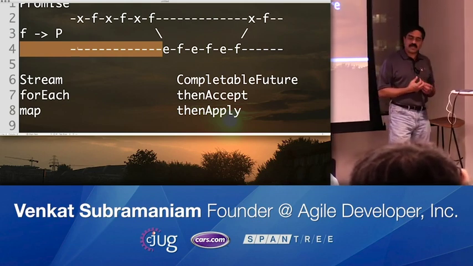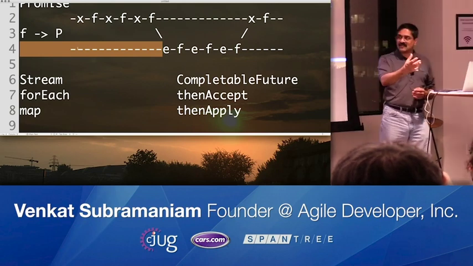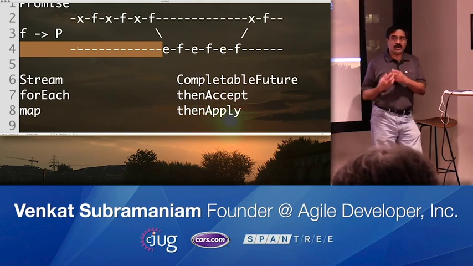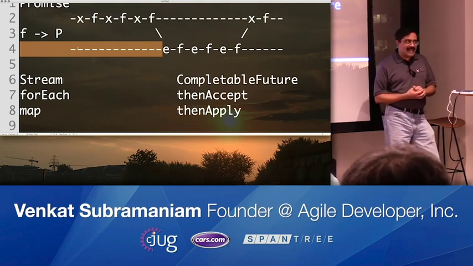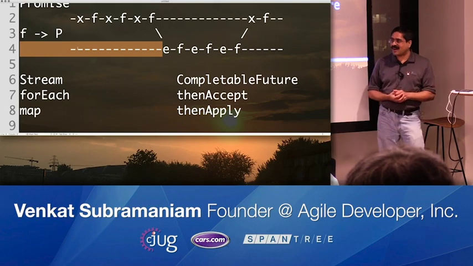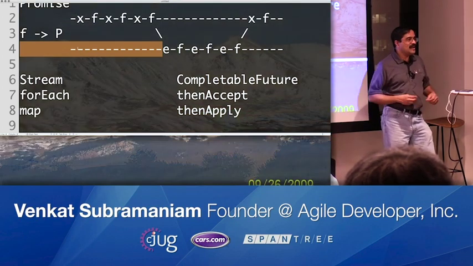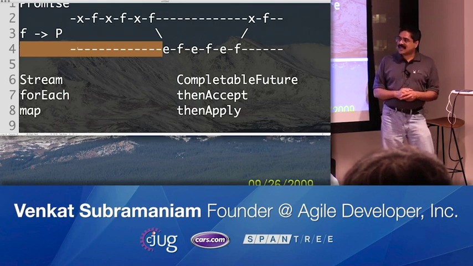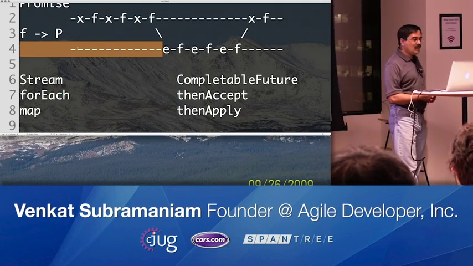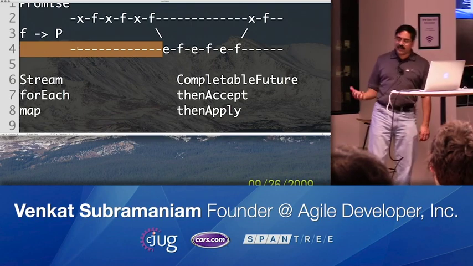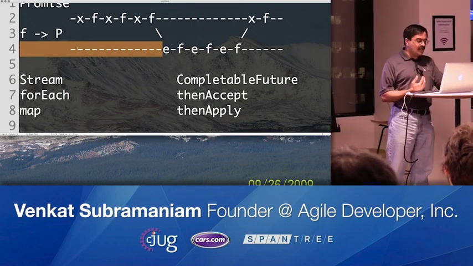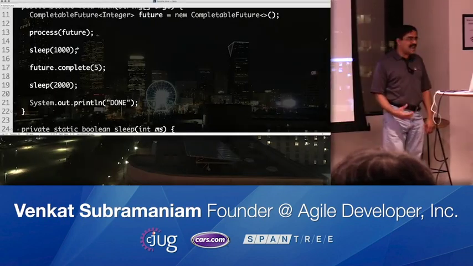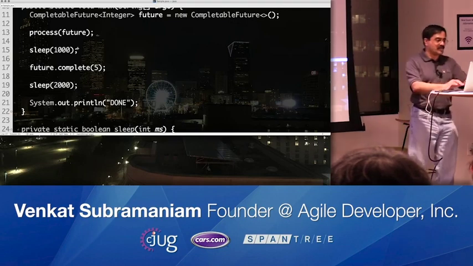In the case of JavaScript promises, you have a then, but they use the word catch for the path where you're going to have some errors. Well, we know that catch has a special meaning in Java already. Catch is a keyword. Calling it catch makes it a little hard, but even if you were to call it catch, how do you really deal with this particular exception? How do you propagate this exception? So they decided to do this a little differently. I have to admit I'm not a fan of the method name they chose, but that's what they have chosen.